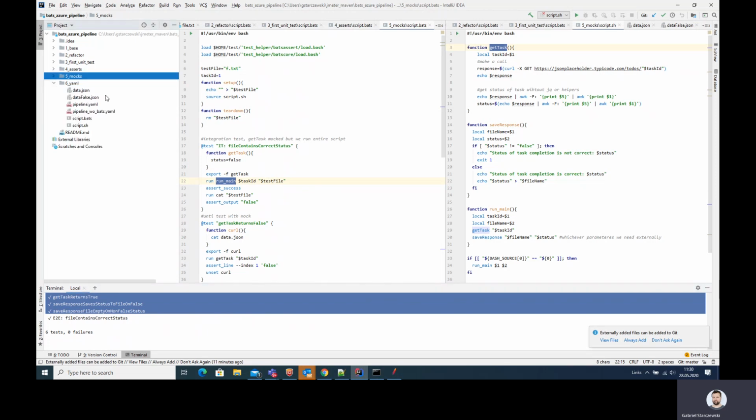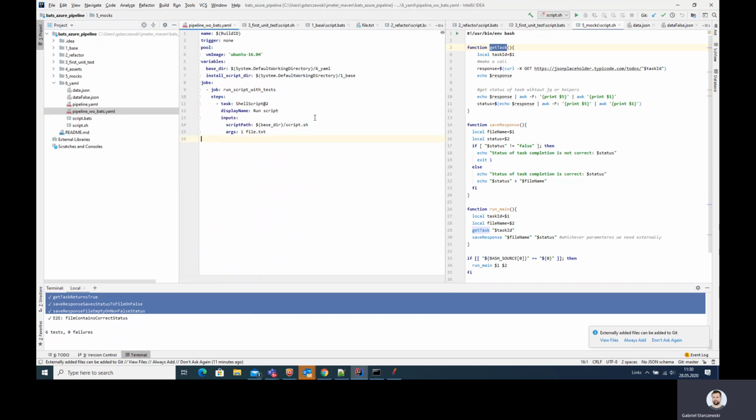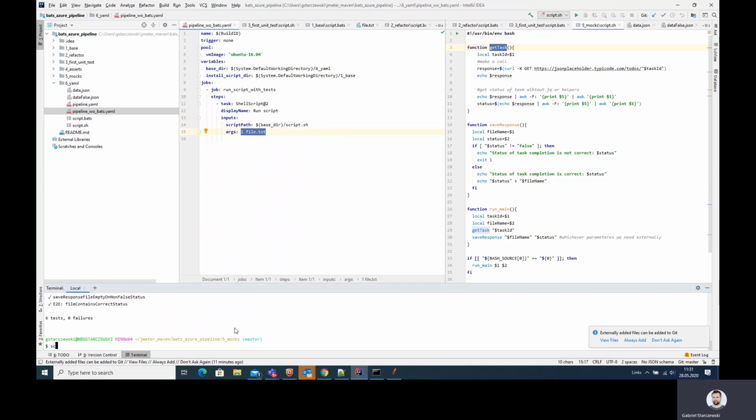So for starters, we need to have some pipeline, the simplest one possible, and based on that repository that runs our script. So to run our script in Azure pipeline, we are using the predefined task shell script, and we are providing here script sh, so the location relative to the root and the arguments, right? So it's exactly as we are writing